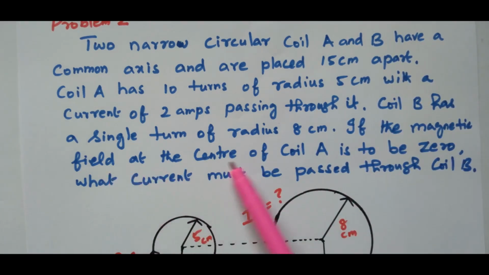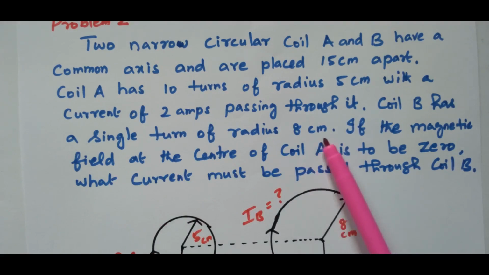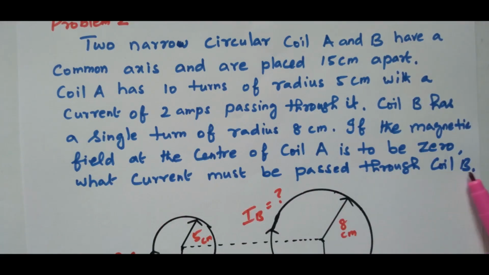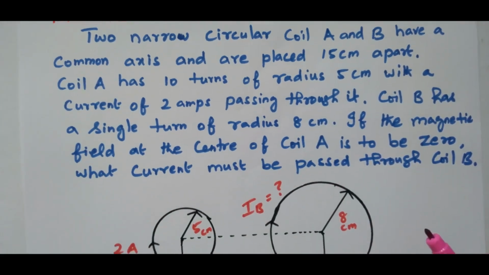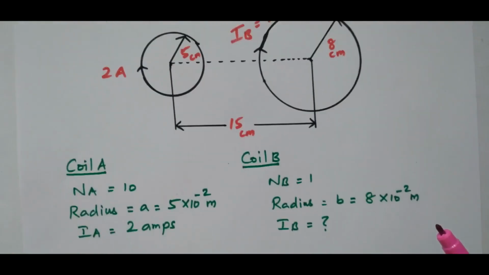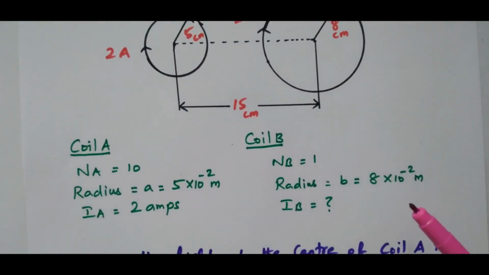So for the magnetic field at the center of coil A to be 0, we need to find what current is passing through coil B. So that is the question asked, right? So we will see what the data are. The number of turns available for coil A is 10, radius 5 centimeter, 5 into 10 to the power minus 2 meter, current is 2 ampere. For coil B, number of turns 1, radius is 8 into 10 to the power minus 2,